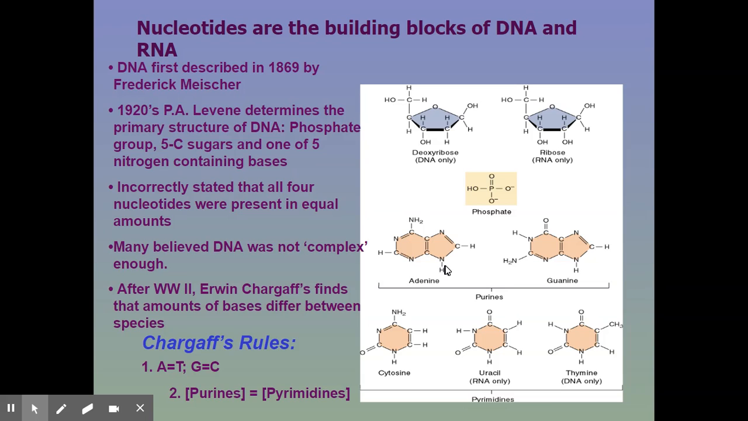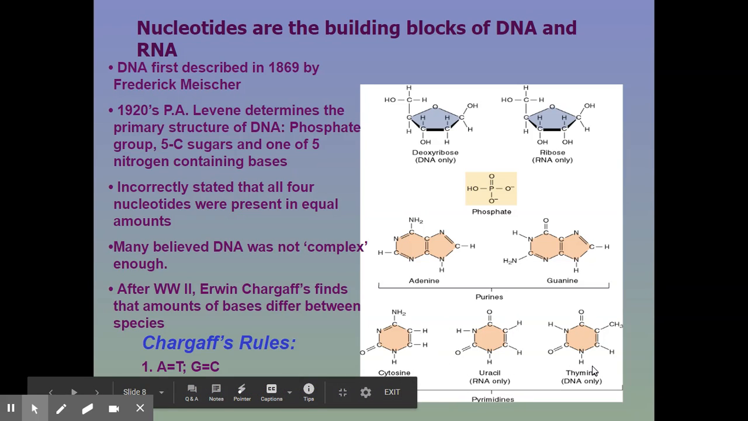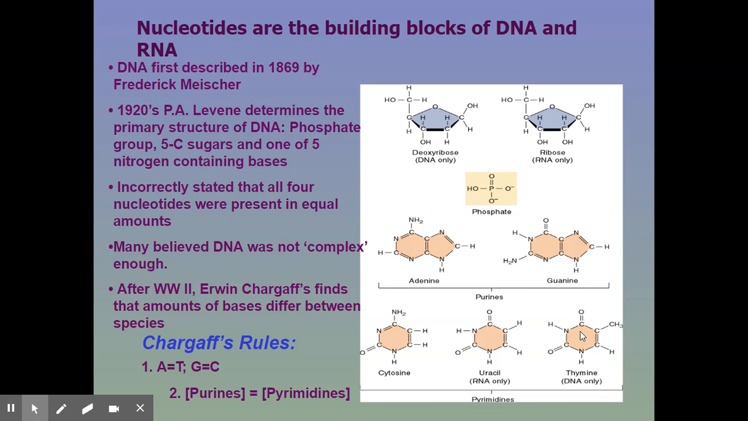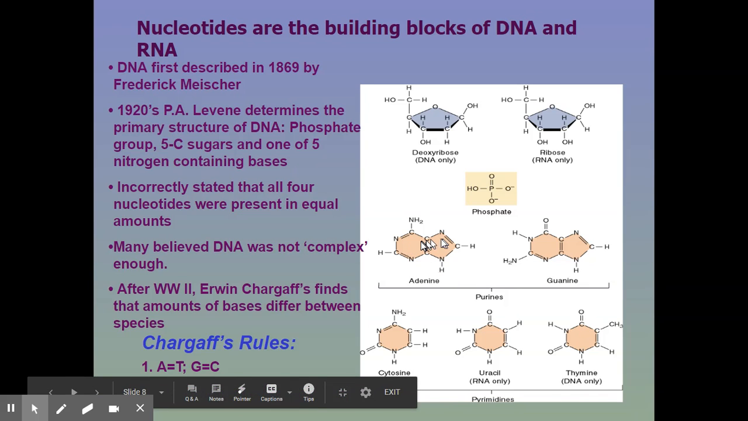Do remember, adenine and guanine are both purines, which are double ring structures, and cytosine, uracil, and thymine are all pyrimidines. These are single ring structures. The way I like to tell my students to remember it is GOA, G-O-O-A, where the double O refers to the double ring structure. GUA is guanine and adenine. And TOC, T-O-C, with the O being the single ring structure, and we have thymine